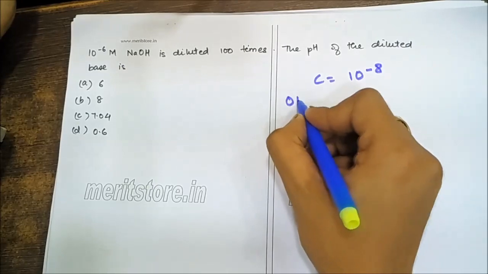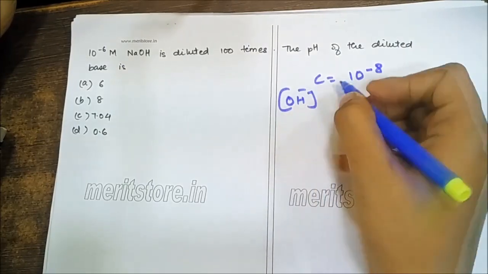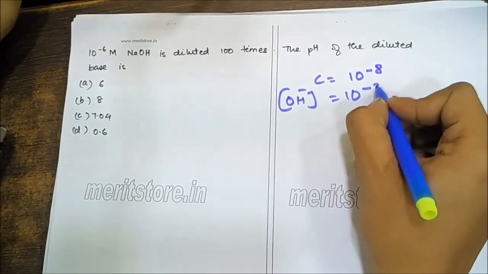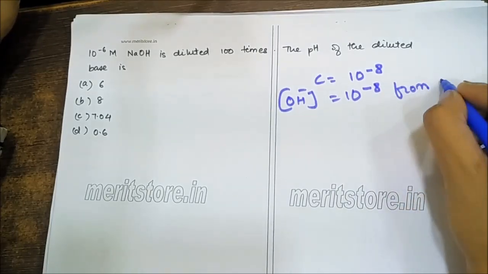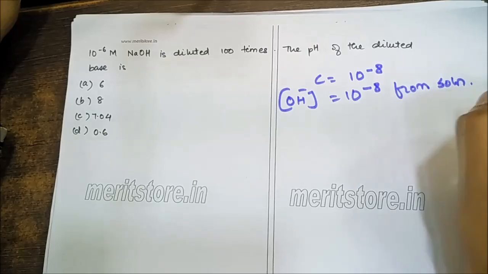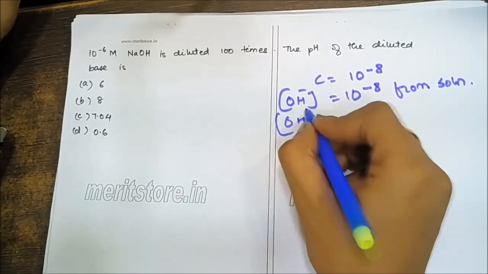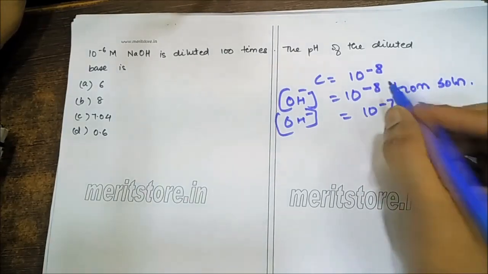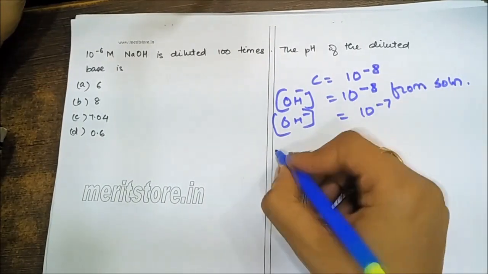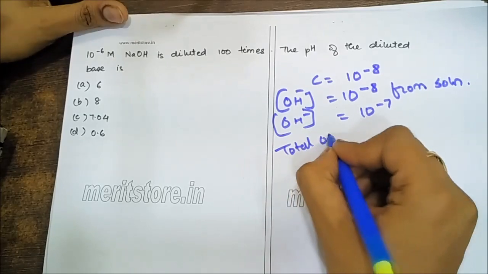So first of all, the OH minus concentration is how much? 10 raised to minus 8. This is from the solution. And OH minus from the base concentration is 10 raised to minus 7. So the total OH minus would be